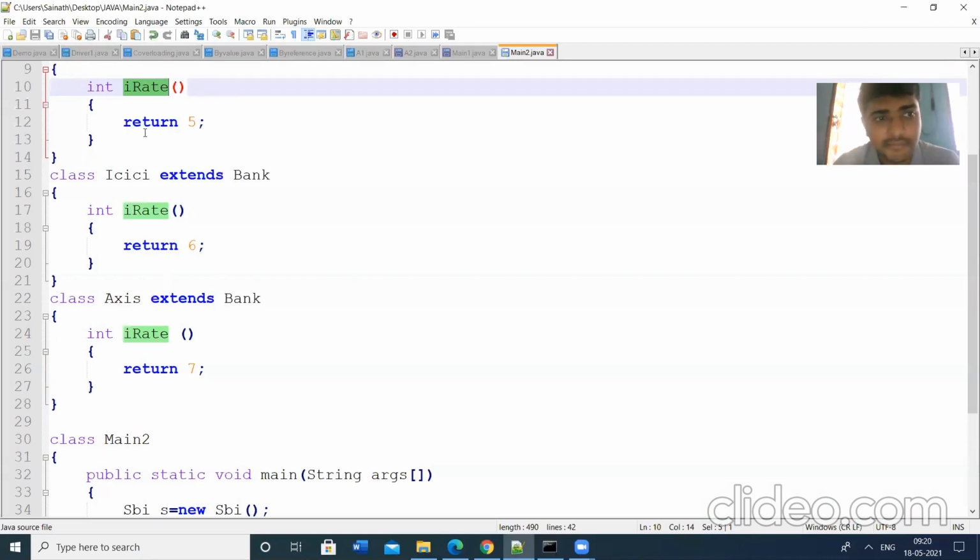In this case the method acts as 5, in this case the method acts as 6, and in this case the method acts as 7. So this can be treated as polymorphism also. And then we have said dynamic runtime polymorphism, dynamic method dispatch.